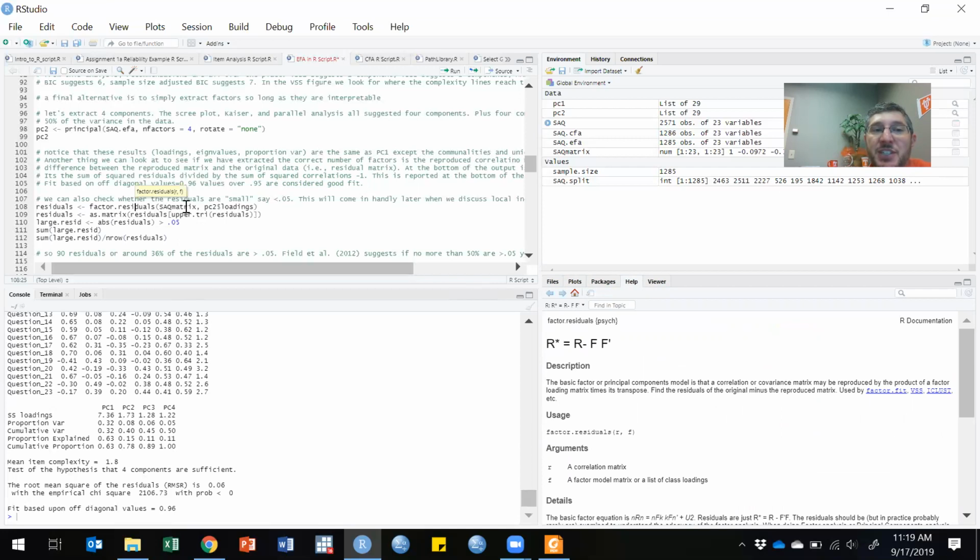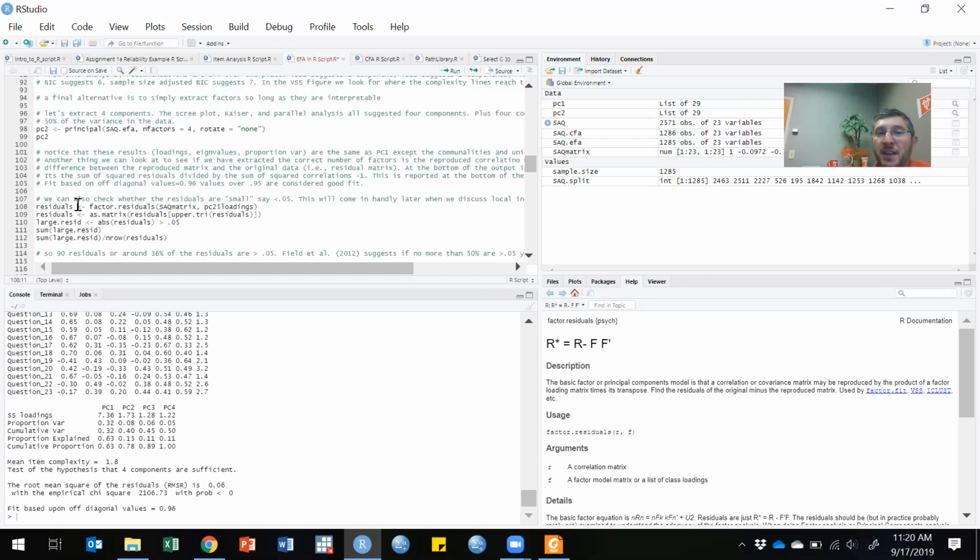We can take the residual correlation, our original correlation matrix, and then the reproduced correlation matrix based on the loadings from our second principal component analysis. We're going to save that as a variable called residuals. We then only want to take the upper half of it, and we want to look for basically large residuals. And we're going to define a large residual as a correlation greater than